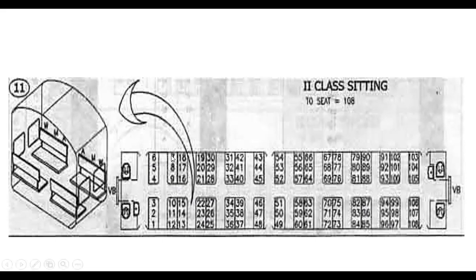But we can also see the opposite of 7, that is 6. Again, there is the difference. 7 minus 1 is 6. 8 minus 3 is 5. So the difference is the same, it is obvious that the difference should be the same. But here I have to add it, and from here I have to subtract it. It means that if my seat number is 6, then I have to add 1, and if my seat number is 7, then I have to subtract 1. So this is the catchy point here.